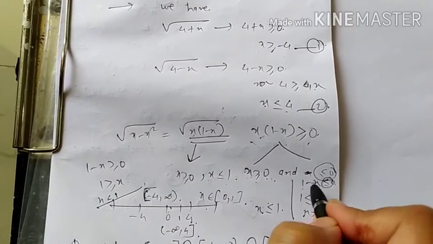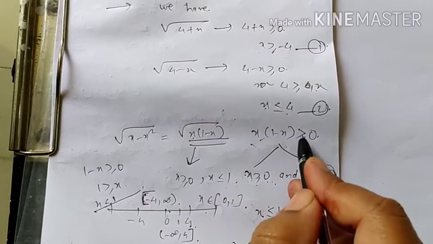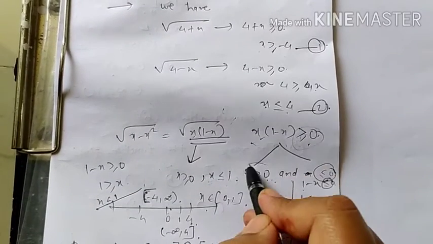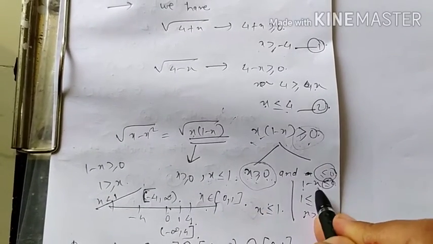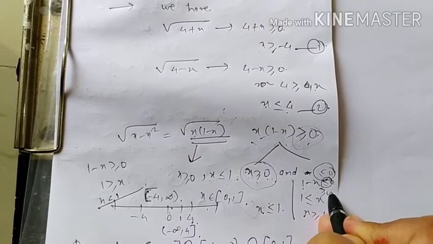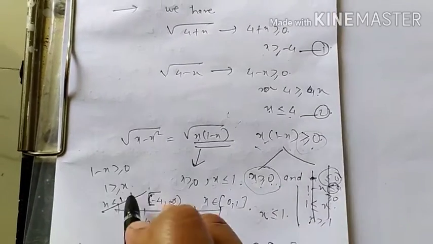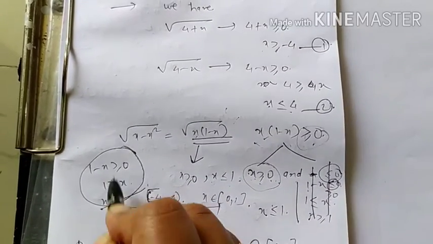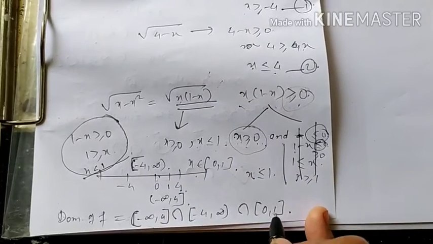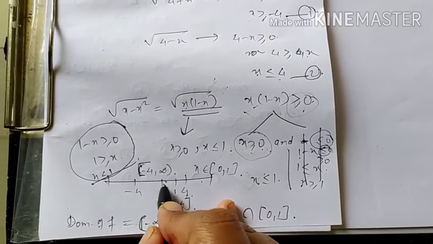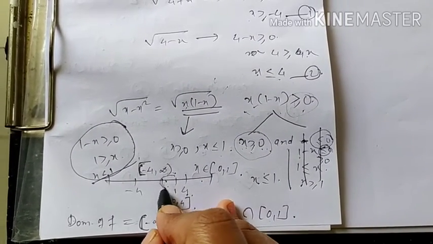Okay, I think I have taken here less equal to 0. It will be negative then. Okay, so if we are taking x greater equal to 0, so this quantity also should be greater equal to 0. Okay, I will cut this part. So here we are getting x is less equal to 1. X is less equal to 1 and greater equal to 0. Getting? So this part will consider.